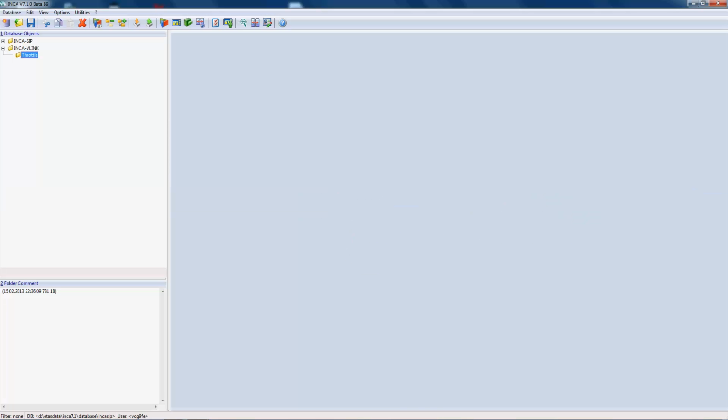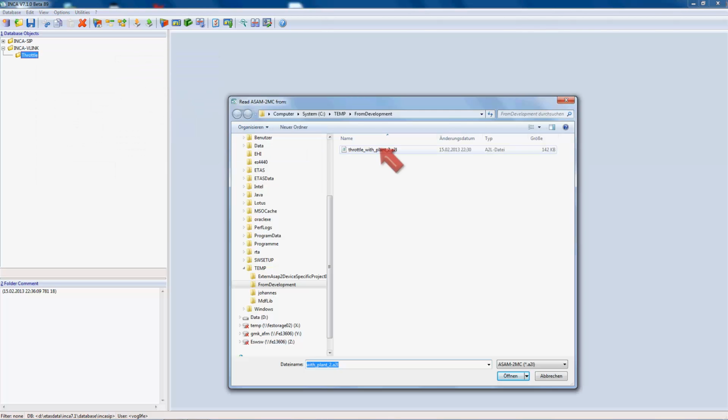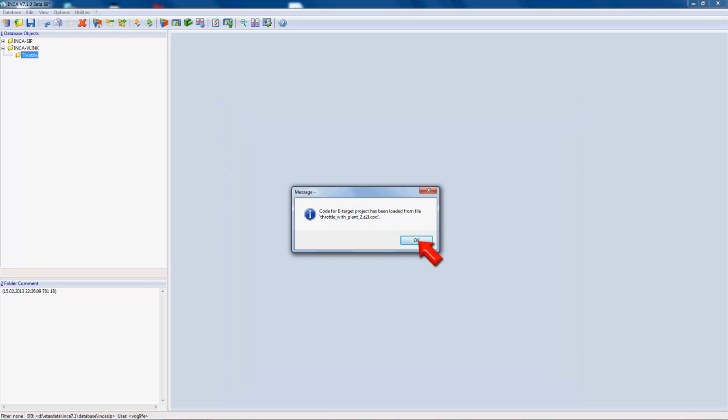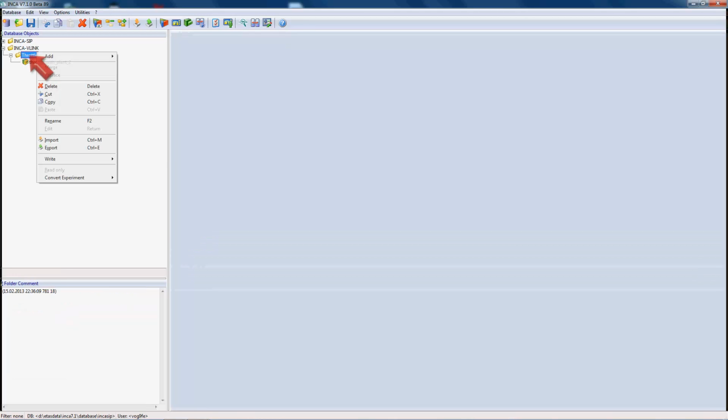Now I am a business partner who needs to explore the control for my new engine system. I had been receiving the A2L file and the COD file from my supplier and detached them to my local drive. Now I'm using Inca to configure my simulation very much alike to working with a real ECU. I create an Inca project and assign the A2L file to it, and I create an Inca workspace.